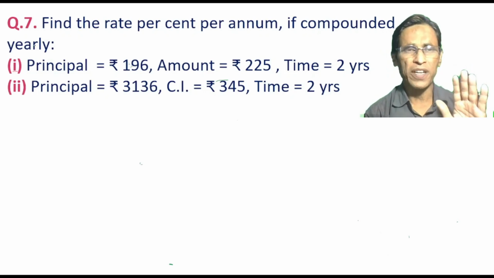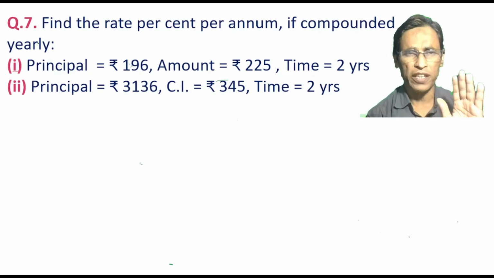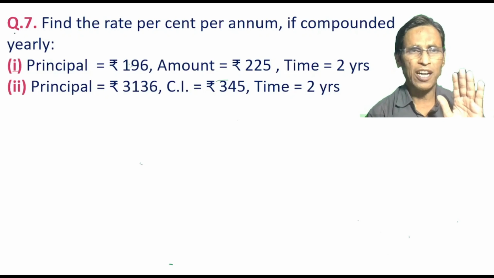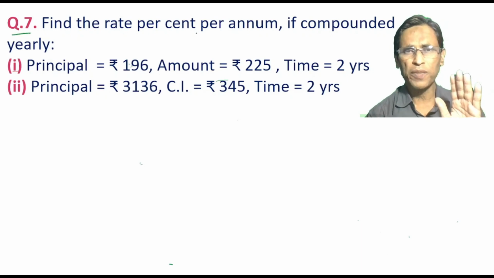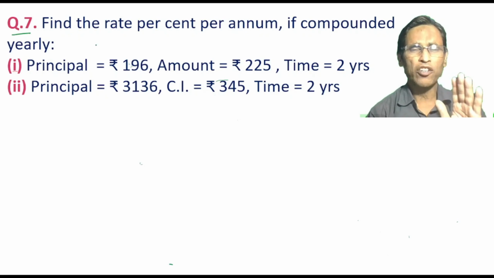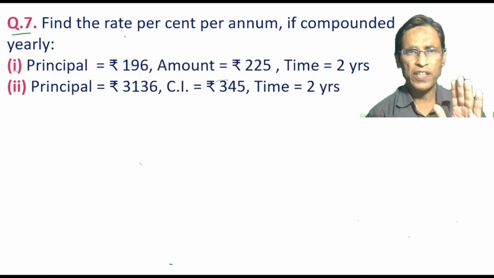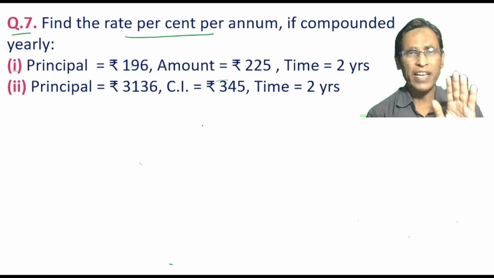कंपाउंड इंटरेस्ट पे बेस्ड आज हम लोग कुछ और प्रॉब्लम्स को वर्कआउट करेंगे। इस सीरीज में आज का हमारा फर्स्ट क्वेश्चन है क्वेश्चन नंबर 7। Find the rate percent per annum if compounded yearly. हमें रेट ऑफ इंटरेस्ट को फाइंड आउट करना है परसेंट पर एनम में, और इसके लिए जो हमें इंफॉर्मेशन चाहिए वो इंफॉर्मेशन यहाँ प्रोवाइड किया गया है। इंफॉर्मेशन आर इन टू पार्ट्स। With the help of the information, we have to find the rate of interest